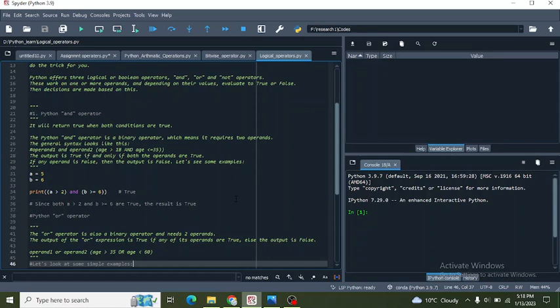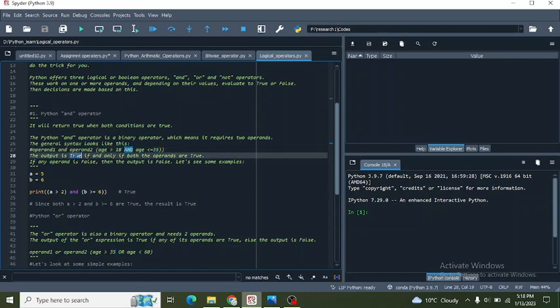The general syntax looks like this: operand 1 and operand 2, like age greater than 18, and then the logical operator and, then age less than or equal to 35. These are the two conditions, and in between is the AND logical operator.